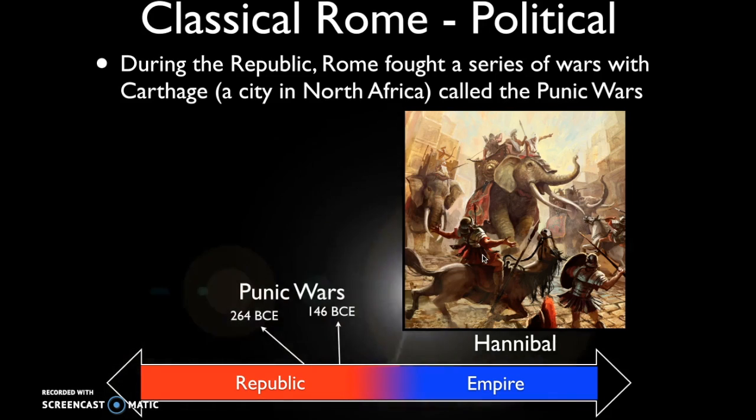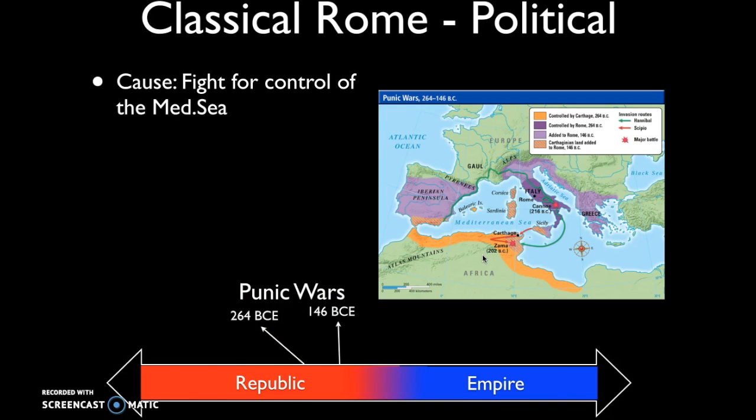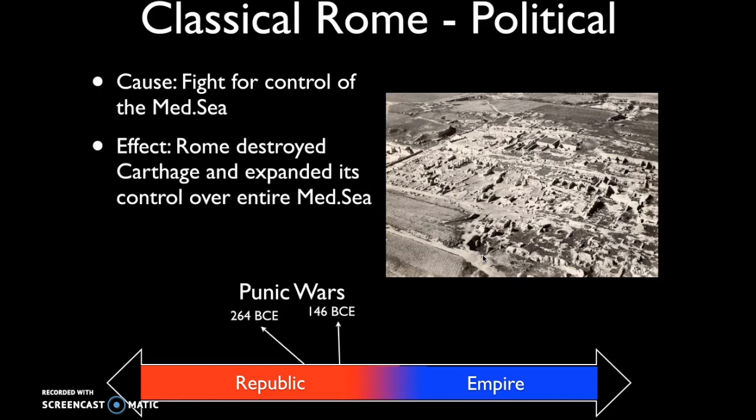So these are known as the Punic Wars, and the real cause of the Punic Wars was a fight for control of the Mediterranean Sea. The Carthaginians had been the strongest naval power in the Mediterranean up to that point, but Rome was an up-and-coming challenger to their control of the Mediterranean Sea. Ultimately, the Romans win the Punic Wars and destroy Carthage, and this allows Rome to then expand its control over